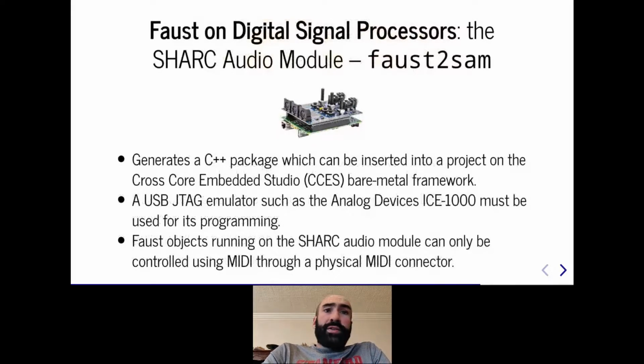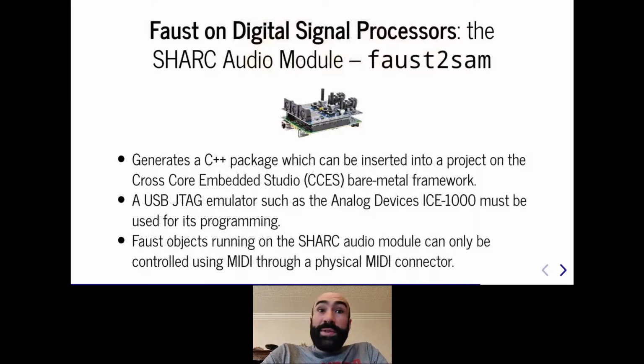Okay, the SHARC audio module can be targeted with Faust as well, using the Faust to SAM command line tool, which converts a Faust program into a C++ package, which can be inserted into a project on the CrossCore Embedded Studio bare metal framework. Despite some efforts in that direction, this platform doesn't necessarily target the hobbyist maker communities, and the toolchain remains relatively cumbersome, unfortunately.